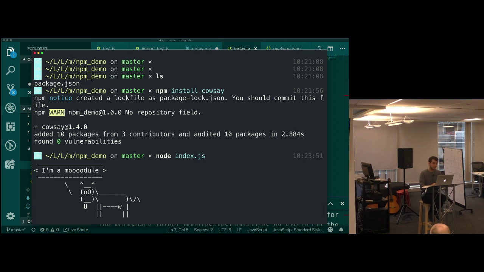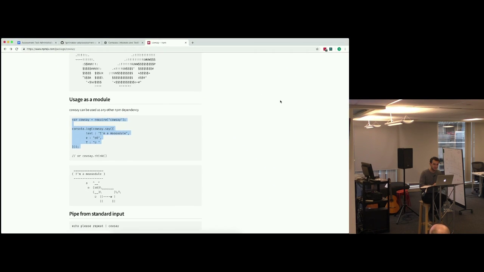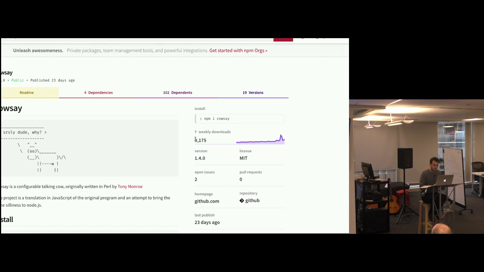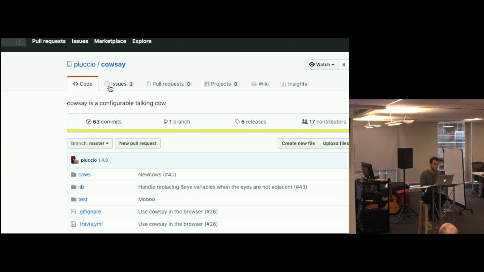I'm using a module. I've used somebody else's code, right? Now, there's that question from Victoria. Is any of the code on npm audited in any way? No, not at all, right? So you need to be careful about what you bring in. Take a look at how many people have installed that module, for example. 9,000 weekly downloads looks pretty good to me, I guess. I could go on GitHub and see if anybody left any messages in the issues saying like, dude, stop stealing my credit card info, right?